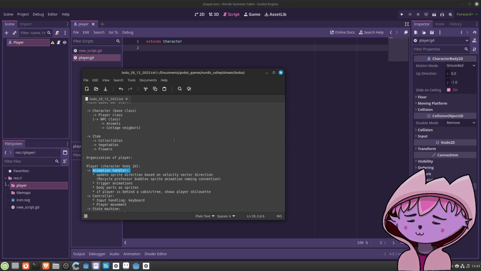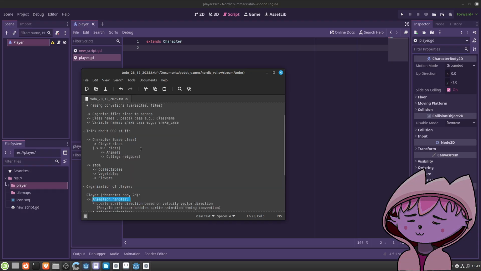It would be nice to have this animation handler be modular, separated from the player, because we would need to animate not only the player, but animals and everything else.